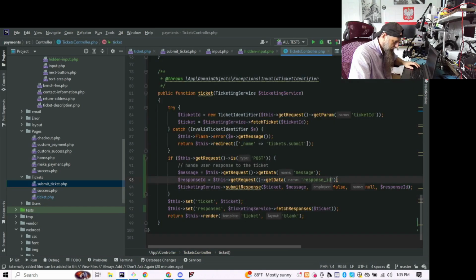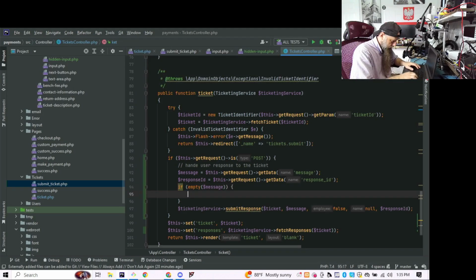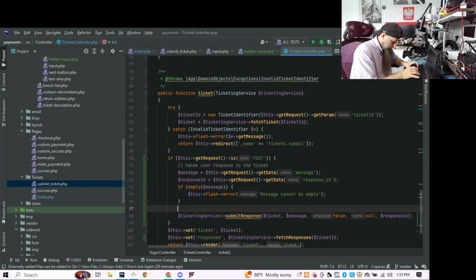So if our message is empty, and it is flash error, message cannot be empty, and if not empty,